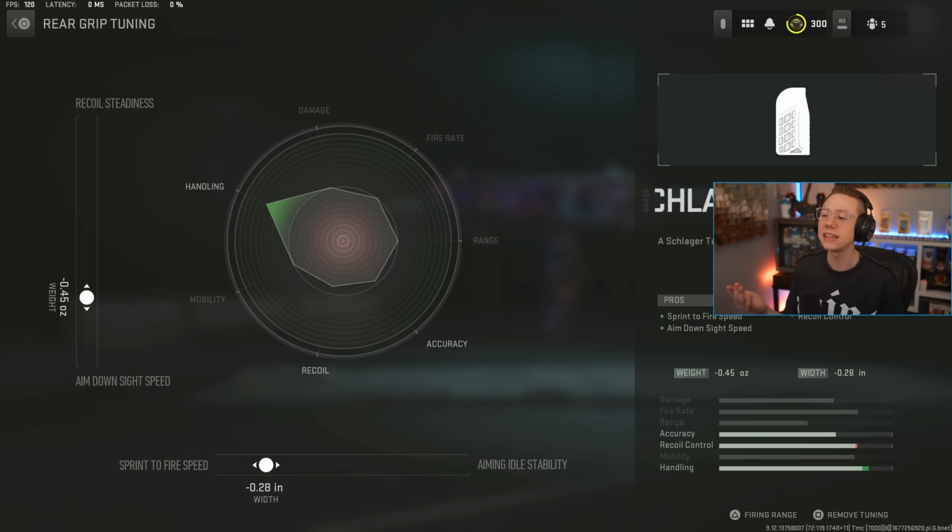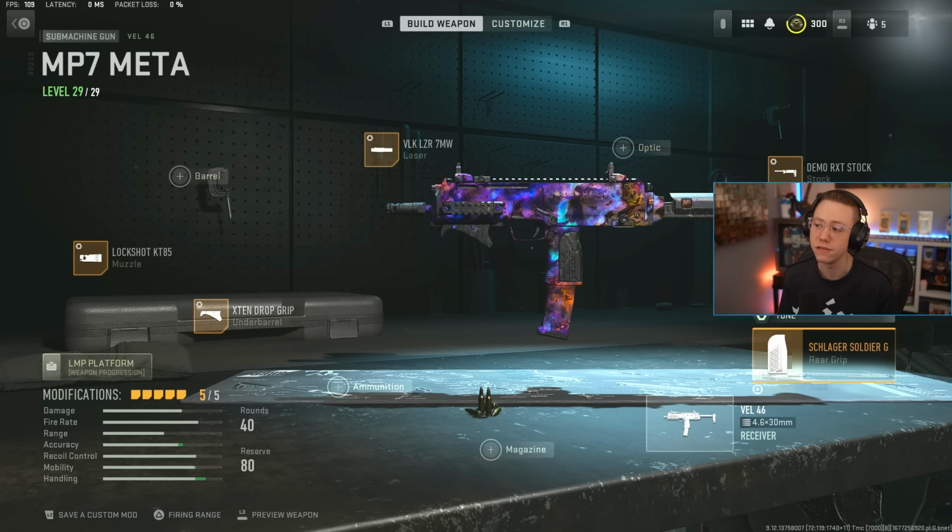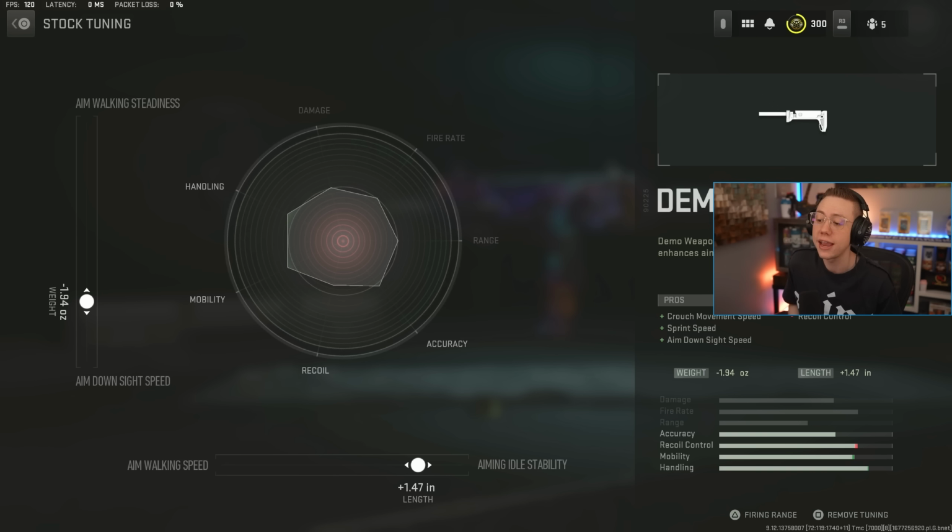So first up, I've got the Soldier rear grip for the better ADS and sprint to fire, and I'm tuning to maximize that even more. I've got the RXT stock here as well, which again is better for sprint speed and ADS. Here I go for a little bit of stability on that bottom tune. You could also go for the strafe speed if you wanted to, totally up to you, and the better ADS